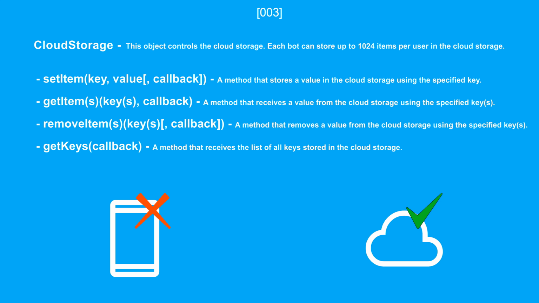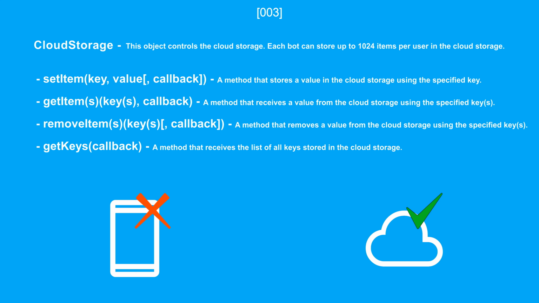Hello everyone. When creating your own Telegram application, many people have a question about how and where to store the internal settings of the application. For these purposes, you can use CloudStorage. CloudStorage is a cloud storage that allows you to store data not on the user's device but in the